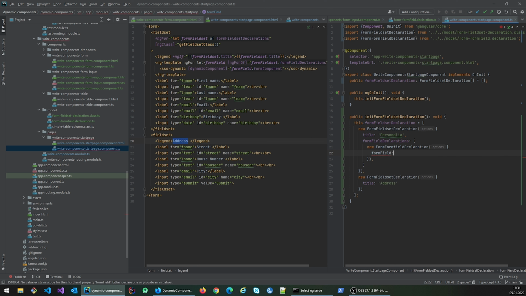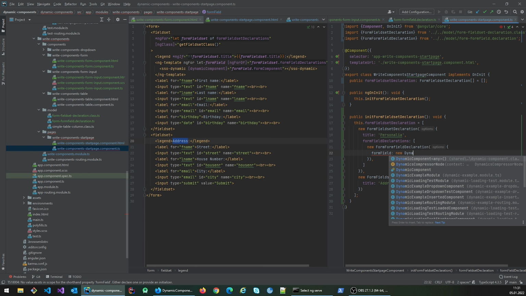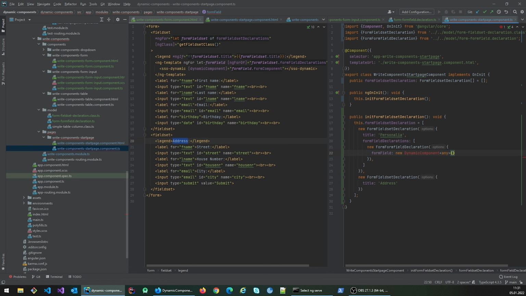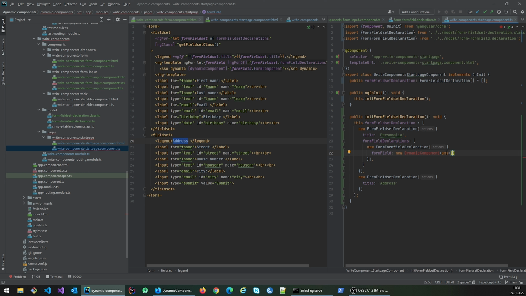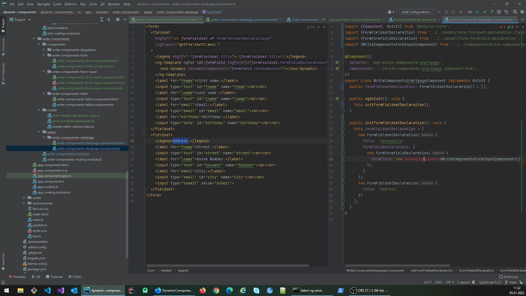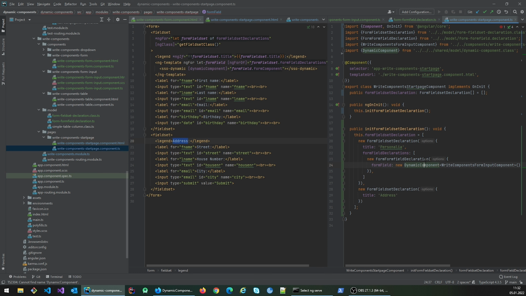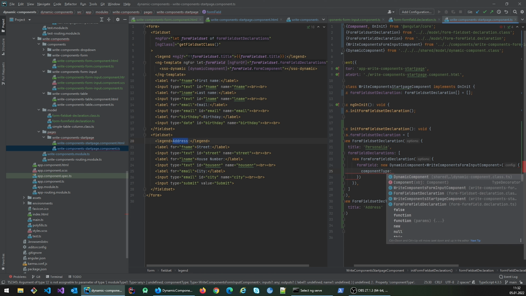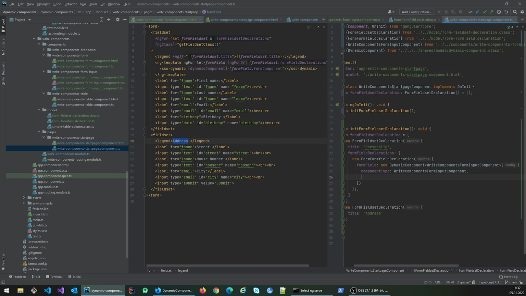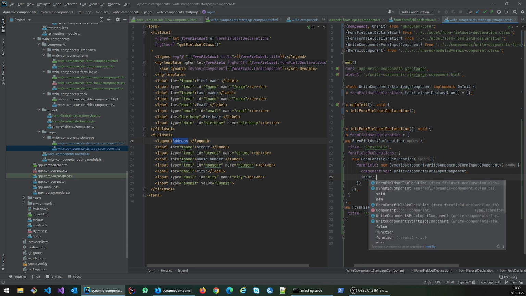So I just need to declare the form field and go with a new dynamic component. And special thing here, that's the one we have written before, so we know what it is. This time I can hand it over instead of any. I can clearly define what it is. Import statement, and this has the same thing already built in, where you can declare what it is. So component type again is this write components form input component, and now we can actually hand over the inputs